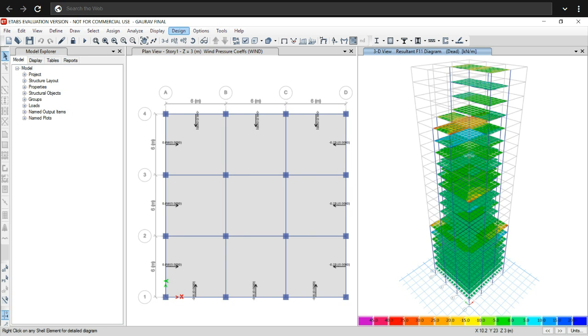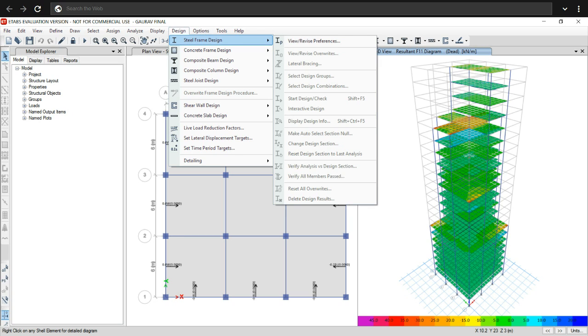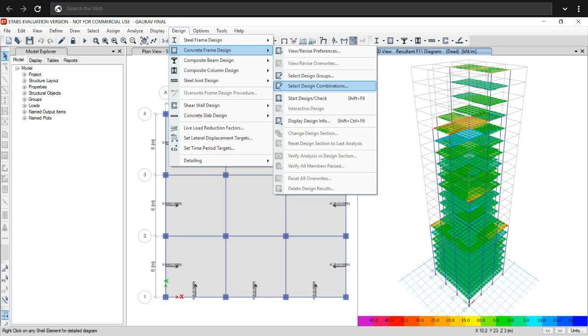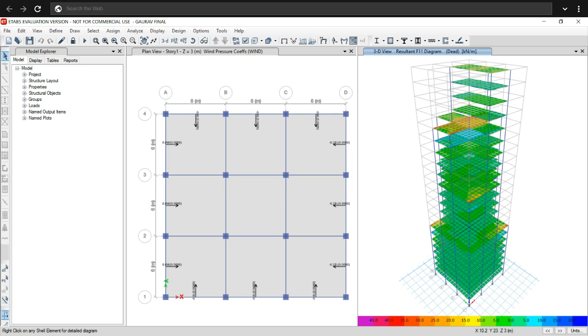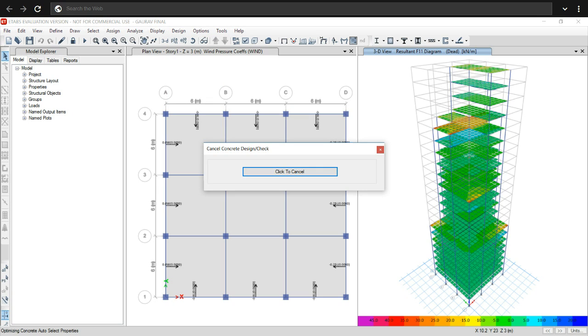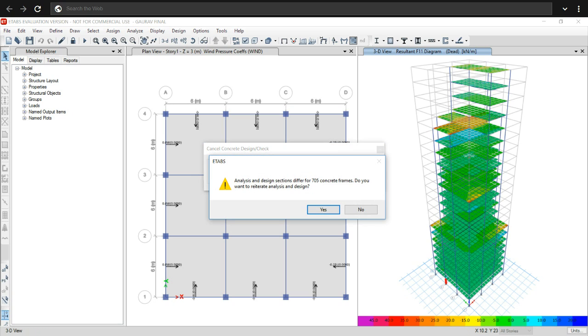Now we will start design check. Go to design, concrete frame design, start design or check. Click yes.